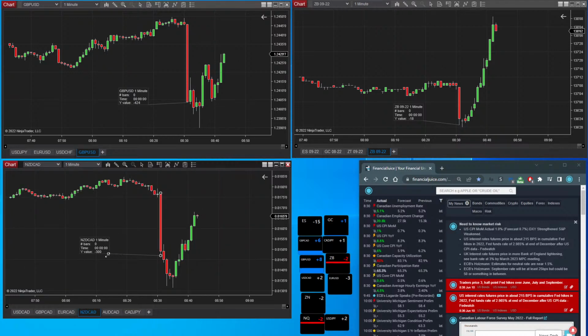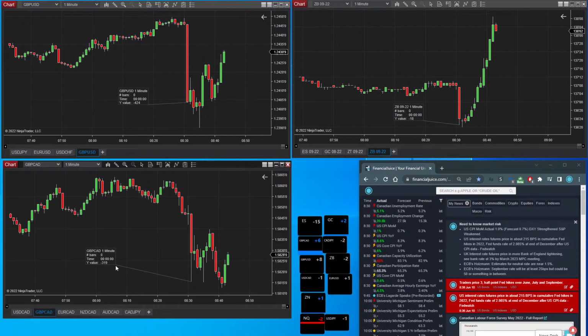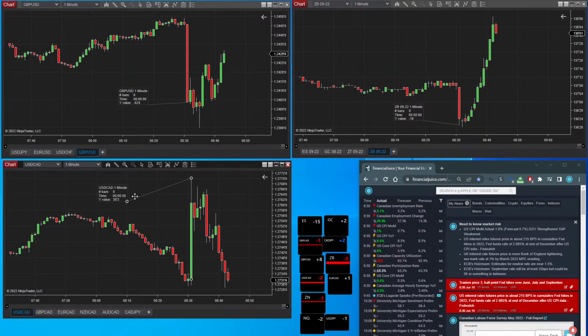If that was useful, did anyone trade the data? I haven't looked at the chats yet, but in my peripheral vision I can see comments coming through, like a big X with a big old question mark and an exclamation mark. But yeah, did anyone trade the CPI release, or did you wait to see what happened from the market reaction?